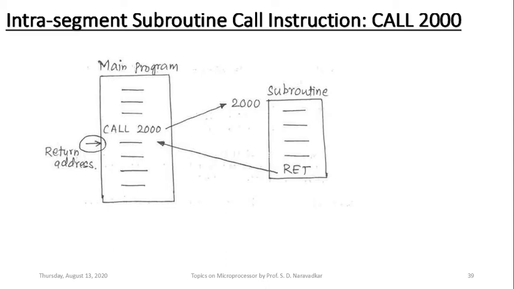Then the remaining part of this main program gets executed in a normal, sequential order. So this is the way an intra-segment subroutine call instruction gets executed.